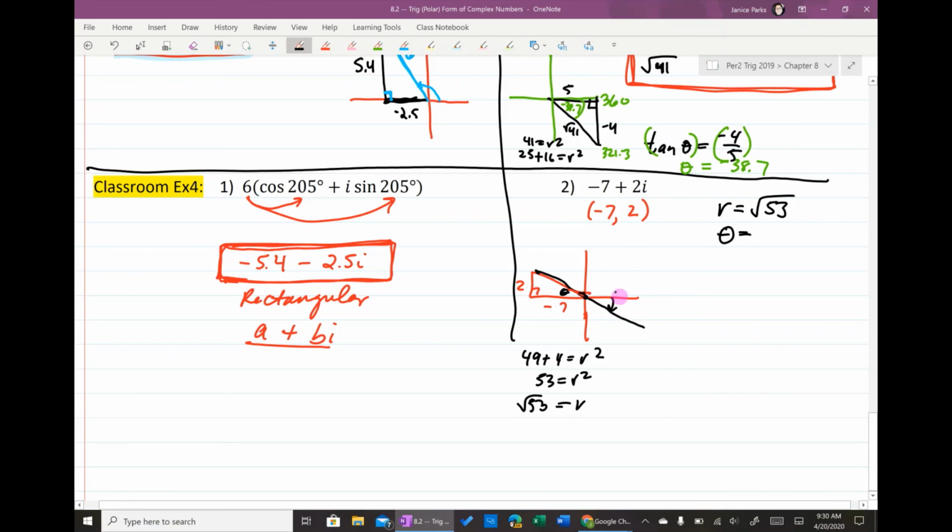Just remember that when you do inverse tangent, it's going to give you an answer here if it's positive, and an answer in this quadrant if it's negative. So this is going to be negative because we have a negative tangent. So let me do that over here so I'm not in the way. So tangent theta equals 2 over negative 7. If you do inverse tangent there,